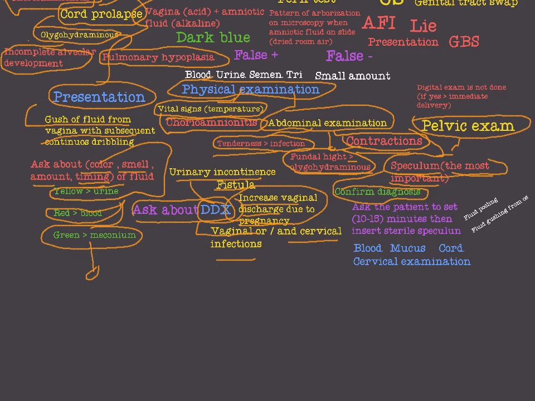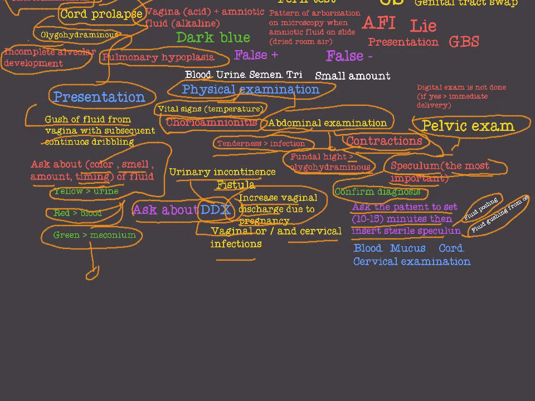How? You have to ask the patient to sit 10 to 15 minutes, okay, to descend the fluid down. Then insert a sterile speculum. What you want to notice is fluid pooling in the posterior fornix of the vagina. Do we have fluid pooling? If yes, that gives you a good indication that we have rupture of membrane. If you see fluid gushing from the external os of the cervix, then this is diagnostic for rupture of